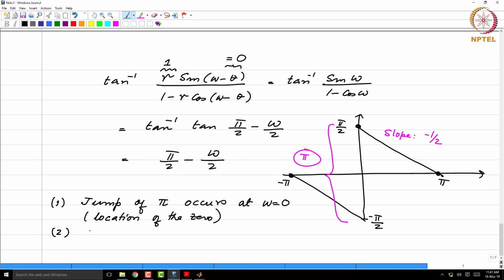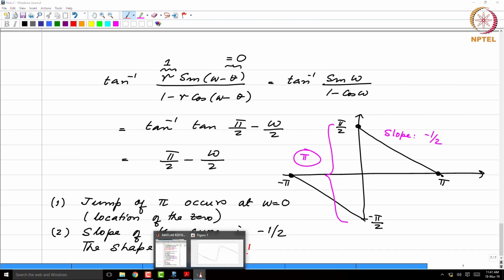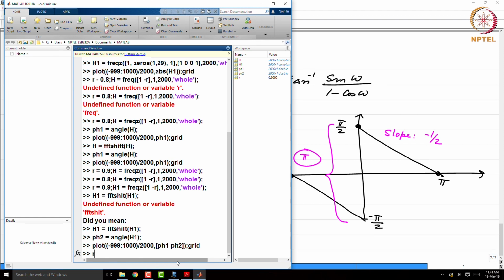And slope of the curve is minus half, and the shape is linear. All right. So, these are the inferences you can draw from the phase response, and if I now make R equals 1,